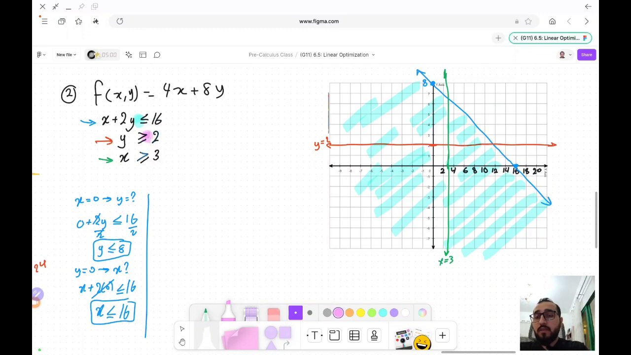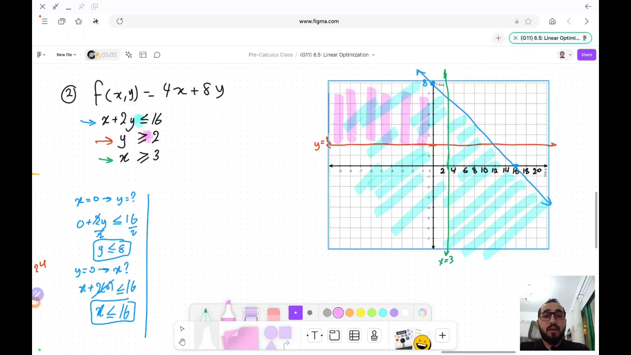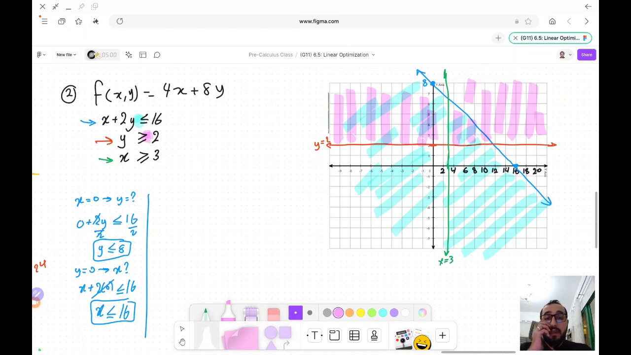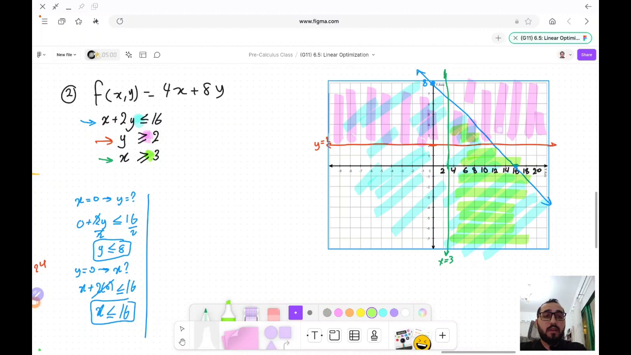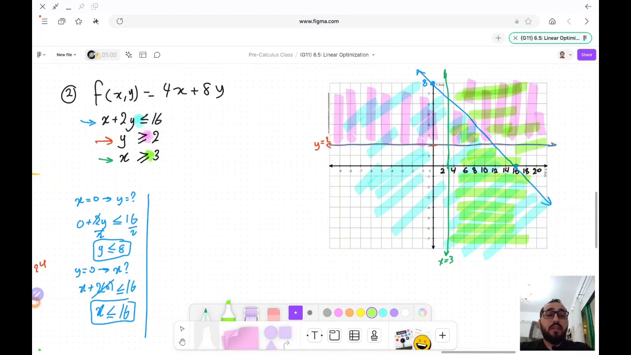So the head is on the right side. So y is greater than 2. Let's graph y is greater than 2. Then the green one, x is, where's the head of the x? Goes to the right. So now it's saying x is greater than 3. So I'm shading the right side of my triangle. Okay, I'm shading. So where is the area that all